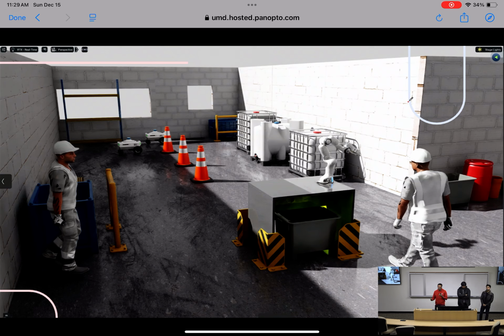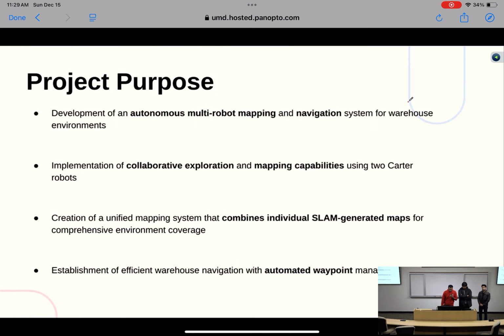what if the place that you're mapping is very huge, and what if you have more than one robot at your disposal? Can you speed up this process? That is what we are trying to do in this project. We are trying to use more than one robot, in our case two robots, to map a particular environment. Each robot creates its own local map,